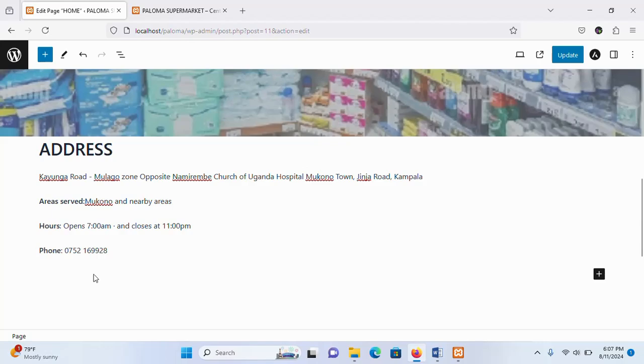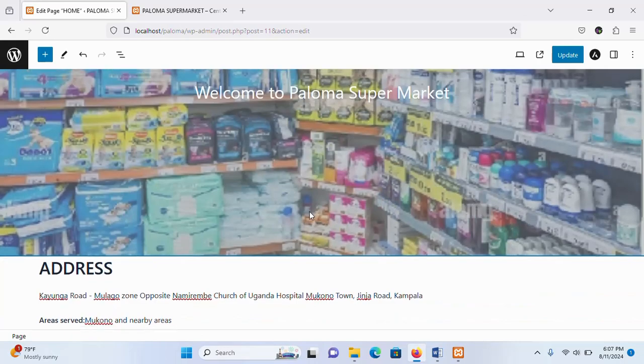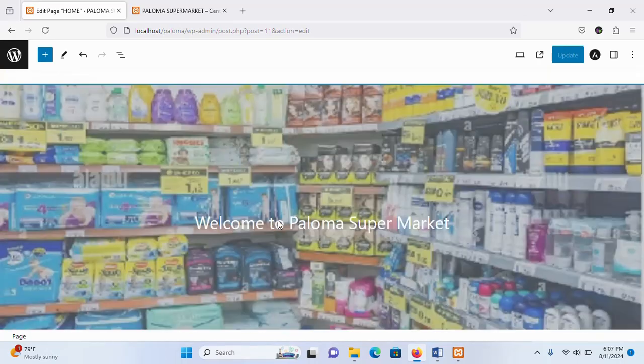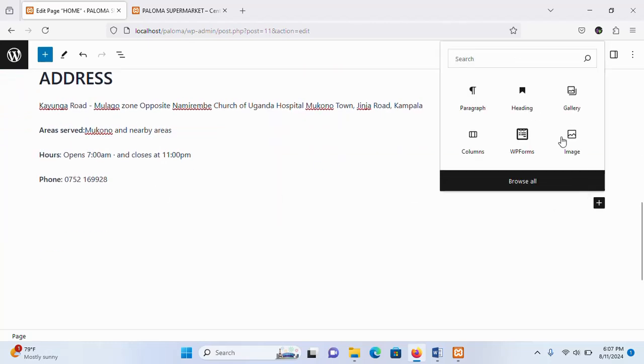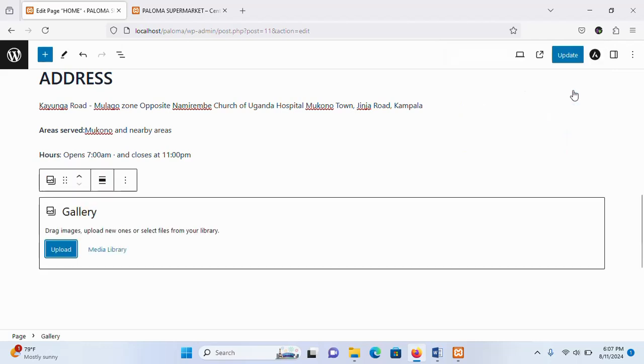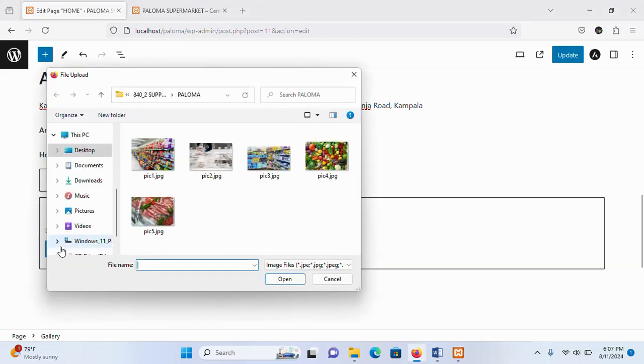Now within here again, I can add some other images down here. So under block, I will add a block, but this time I will add the gallery, because I need many images. If I just say image, then it means I'm adding just one image. If I say gallery, I'm adding more than one image. So I will click on gallery, upload, and select the images. For example, I can just select maybe this one and maybe that one. Okay,